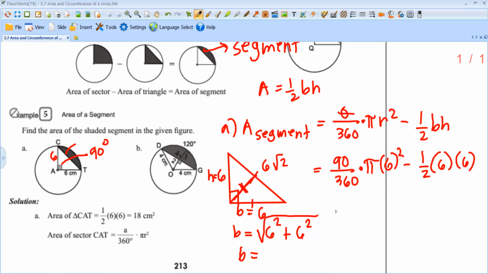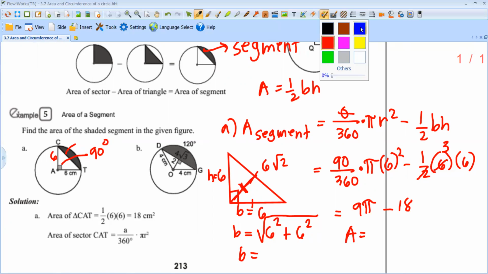So therefore, we will solve this. 90 over 360, that's 1 over 4. Let's do it one by one. 90 divided by 360 times pi times 36, which is 9 pi. And half of 6 times 6, so actually that is 3 times 6, which is 18. So 9 pi minus 18, and you will get 10.7. So the area therefore is 10.3